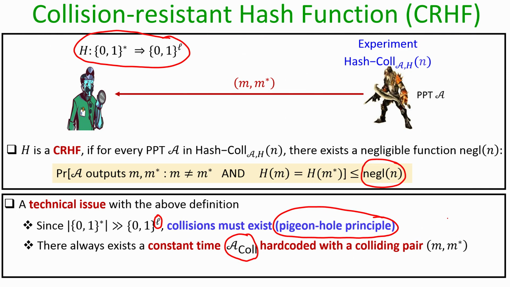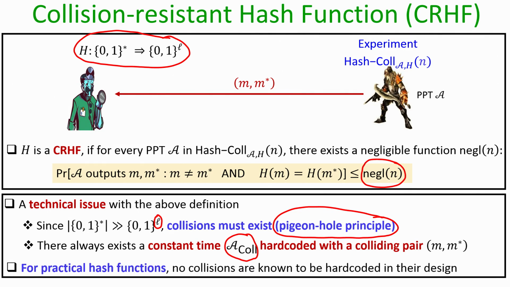That means if such an adversary A sub c participates in this hash collision experiment, then it can simply output the message pair m star, which is hard coded in the adversary. The adversary does not have to do any step, it is a constant time attack. That means fundamentally the way we have defined the collision resistant property, it is not possible to satisfy this definition against any construction of hash function, right.